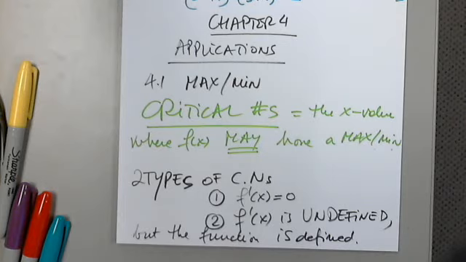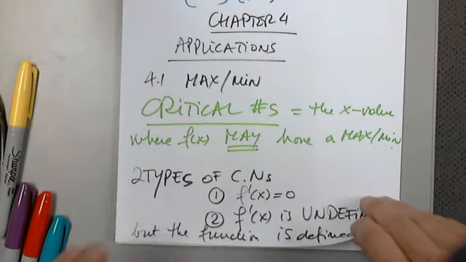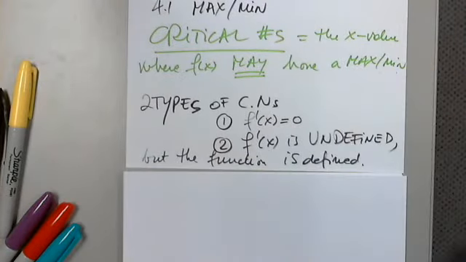Not just that f prime is undefined, because if f prime is undefined but so is f, that's not a critical number. So the function must exist at that point, right? Continuous, of course, otherwise we don't talk about the derivative. So the derivative will be undefined, but the function is defined there. Okay. So also,